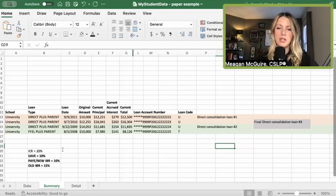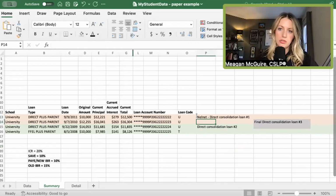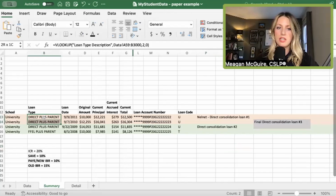So going back to this example, let's pretend that the loans are already with Nelnet. So I'll just put this in the front. And what we can do is utilize the existing servicer that we have for at least one of our initial consolidations. So let's use Nelnet, the same company that we have right now, for the first one. And when we send them an application to consolidate, we're telling them to only consolidate these 2 loans, leaving the other 2 out. Now, the next consolidation, this one that we're going to be sending out at the same time,